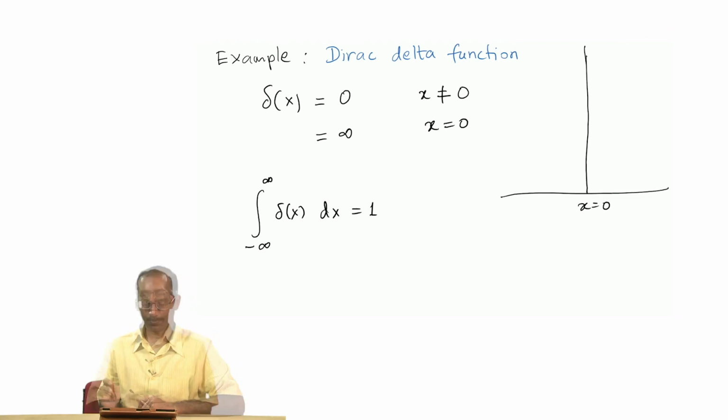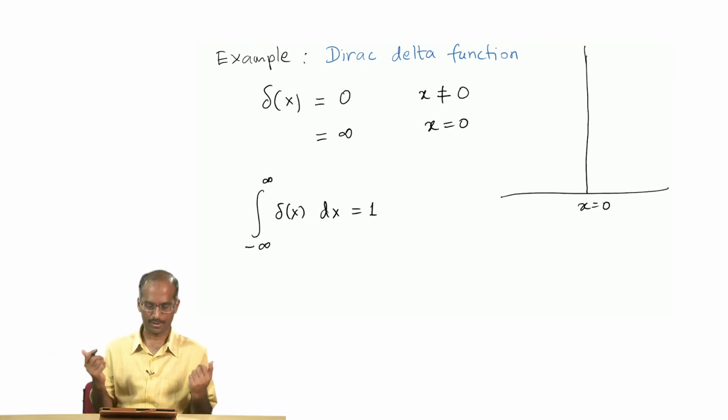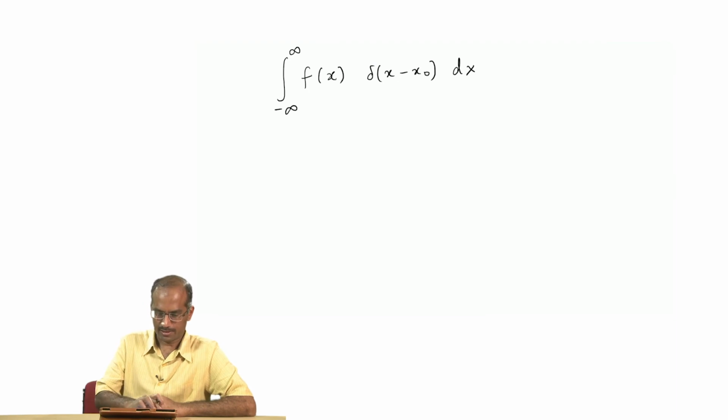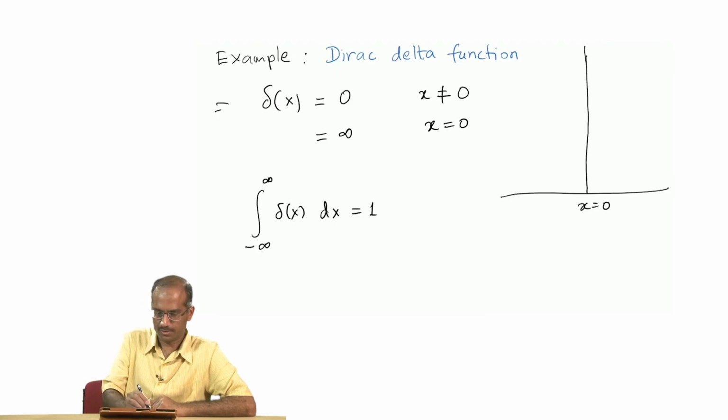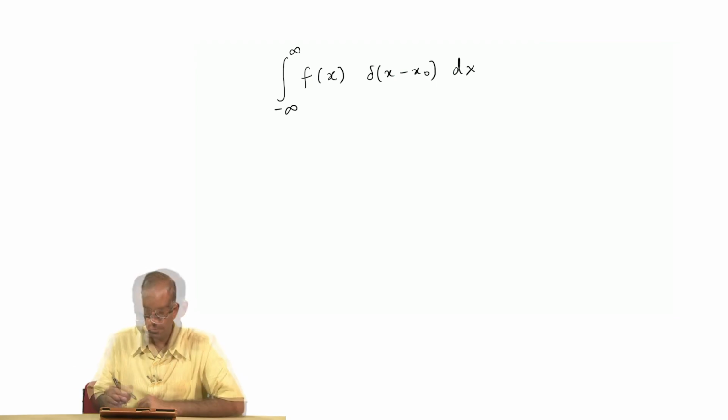over all space. If I take the Fourier transform of this function, which is really very narrow, I should get a function which is highly extended, very broad in its width. So, this is what I am expecting. So, delta of x minus x 0 is a generalization of this delta of x such that at x equal to x 0 the function is infinite and everywhere else it is 0. The integral of this would be equal to f of